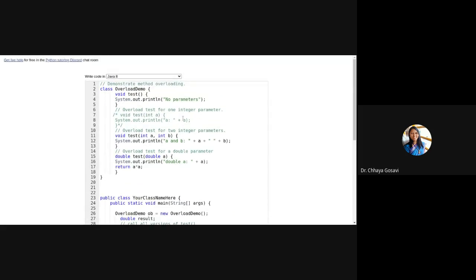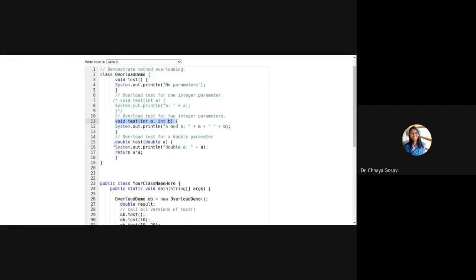So the question is, I have a class OverloadDemo. It has three methods: a method without any parameter, a test method with two parameters int a, b, and a test method with a double parameter. Here it is expecting a double value. And I have called a method with no parameter, a method with a single integer parameter, a method with two integer parameters, and a method with double.